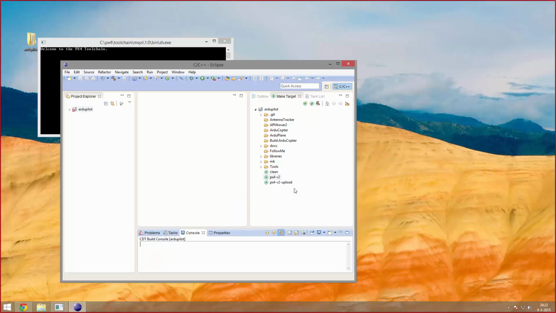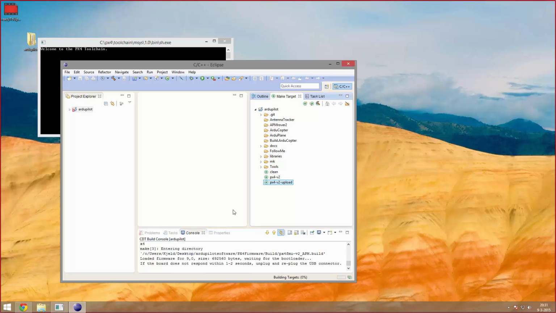Next we will run px4 v2 upload. This will probably take around 3 minutes, but get your controller ready. After a while you will be asked to plug in your controller. When you do this, it should upload the firmware, but this can take multiple tries. As you can see, it worked for me. It's erasing all the memory that's on there, and then it's reprogramming it. And once it's done programming, it will check